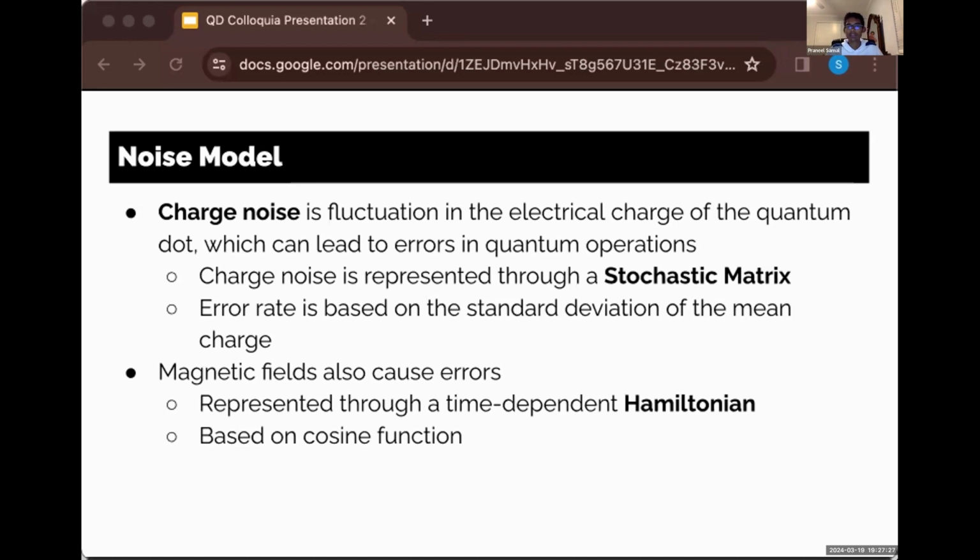There are two main parameters that affect how this error is implemented, namely the number of time steps and the total time that the magnetic field lasts. The total time controls the duration of the magnetic field. If it's short, it's equivalent to a short burst of disruption, while if it's long, it's equivalent to a constant magnetic field that might be caused by external factors.